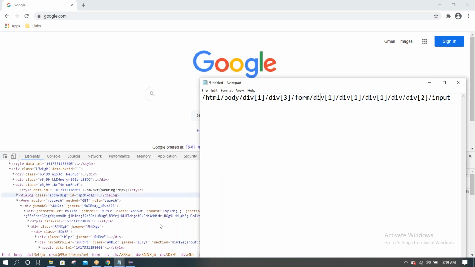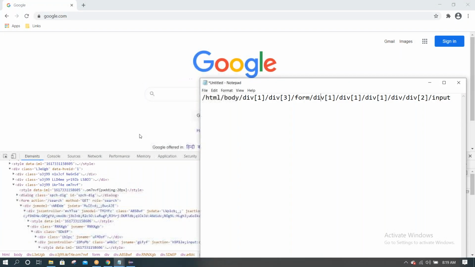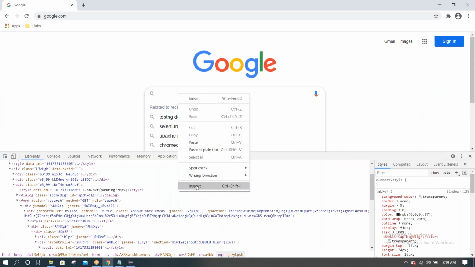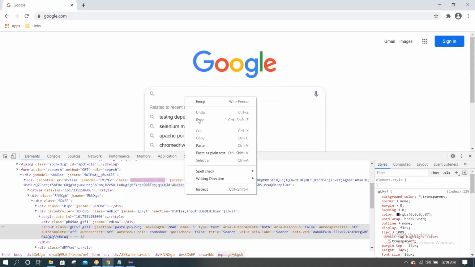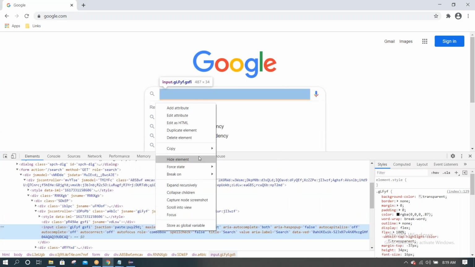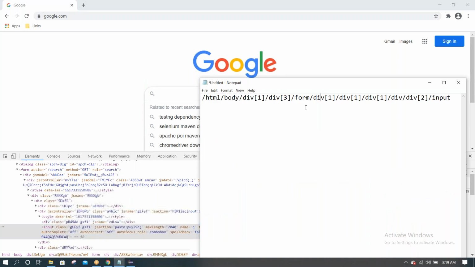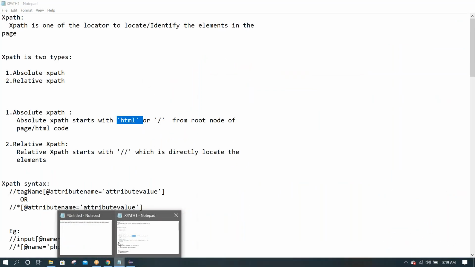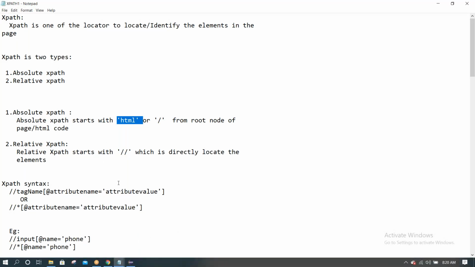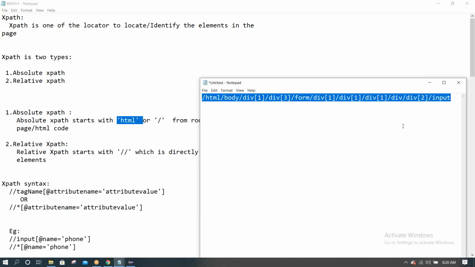Okay. So while writing a script, generally we are copying the XPath like this. After copying, if we see that the XPath looks like this, it means this is an absolute XPath.